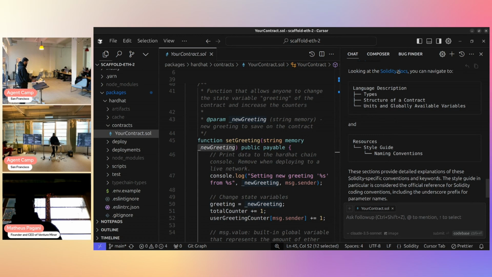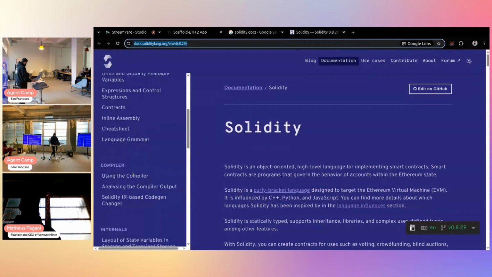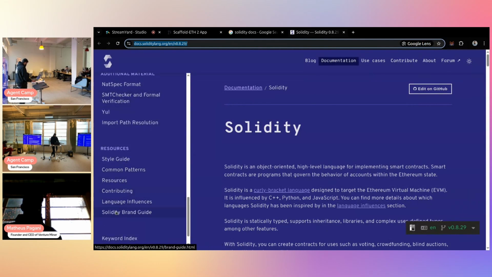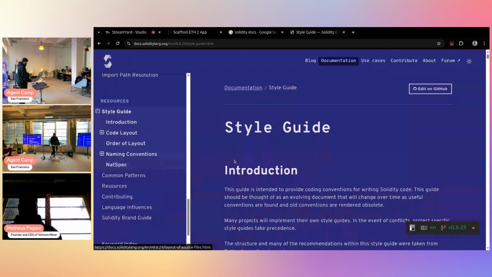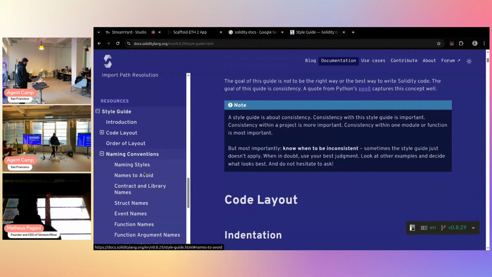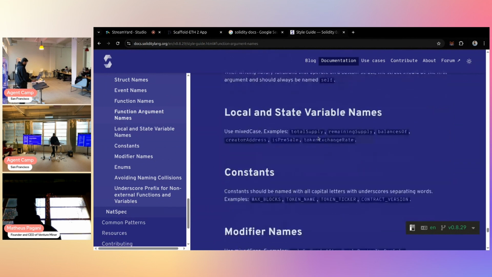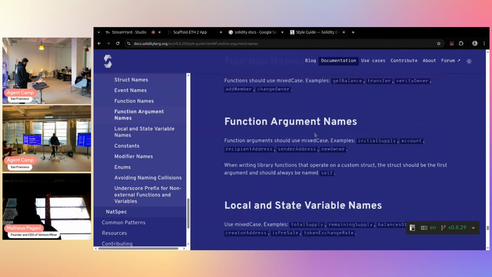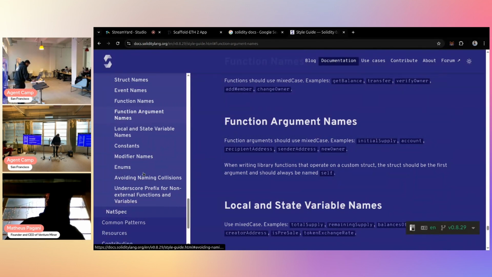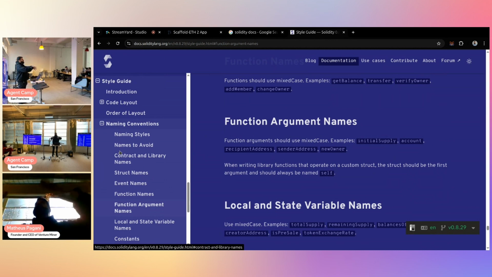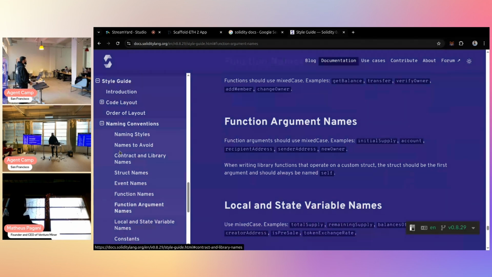For example, if I pick the Solidity docs and go to the style guide, and then naming conventions, here is function argument names. It's not about the keys, but you see the point, right? The AI might help you to navigate the documentation itself.